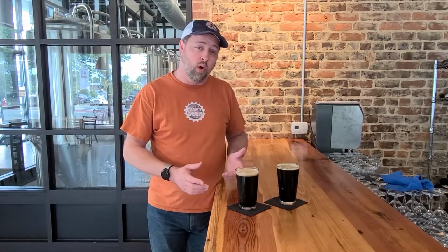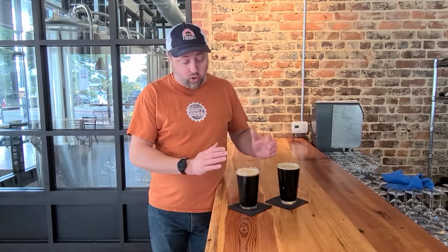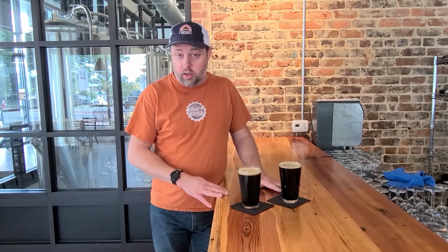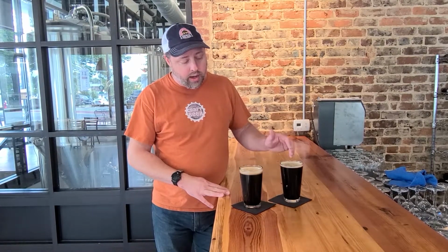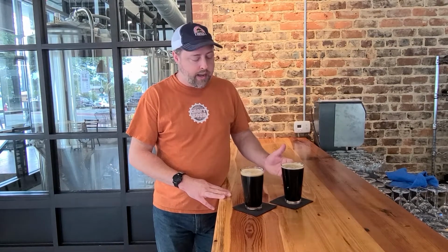Schwarz is the German word for black, so this is just literally black beer. They look really similar. Both of them have sort of the same roasted aroma, but there are some key differences. The porter is an ale. It's an English style beer that first was brewed in the early 18th century. It has not a very pronounced hop character, but you get a lot of bitterness out of the roasted barley